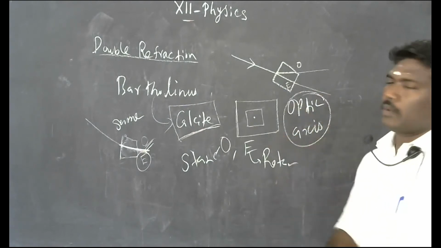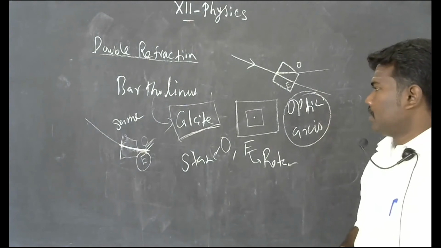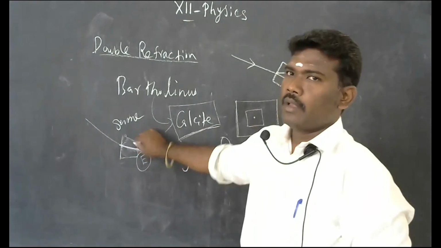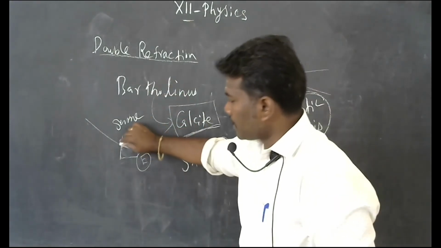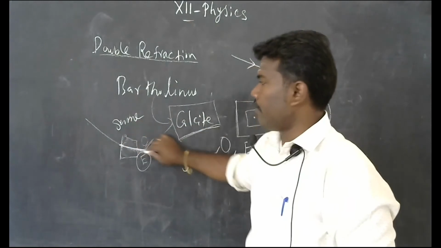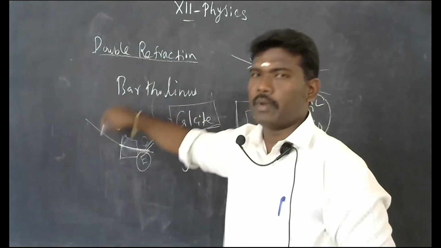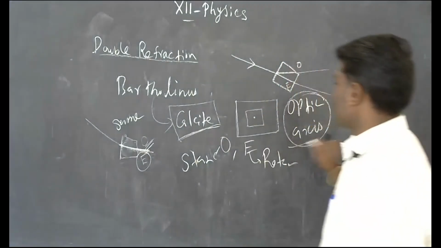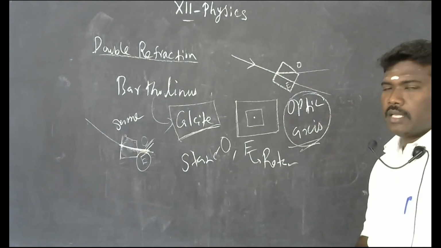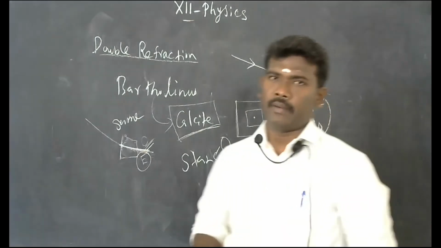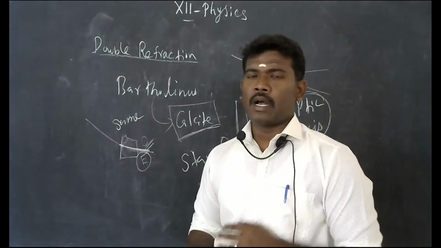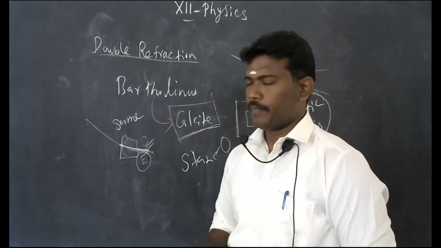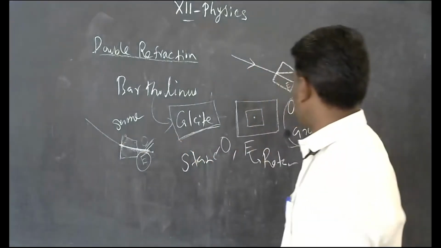This is one of the two-mark questions: what is the optic axis? Inside the calcite crystal, if the ordinary and extraordinary light rays are traveling in the same direction with the same velocity and have the same refractive index along a particular axis, in a particular line, that axis is called the optic axis. Same velocity, same direction, same refractive index. In all the remaining directions, they have a different refractive index and different velocity. Okay, right. So this is with respect to the optic axis.